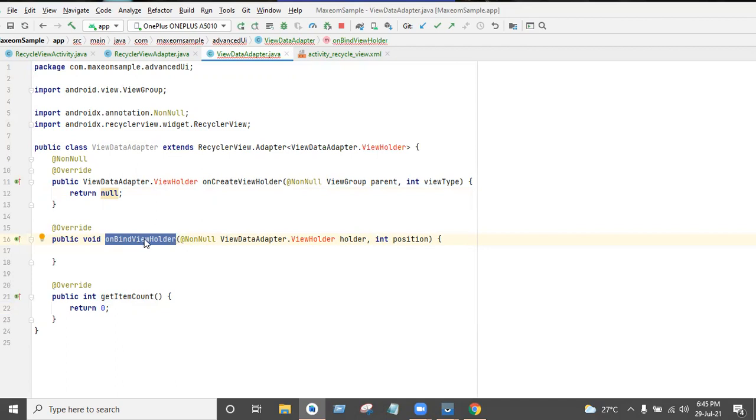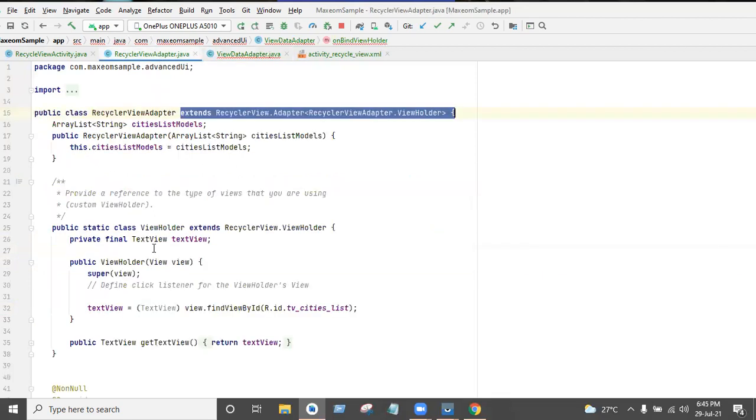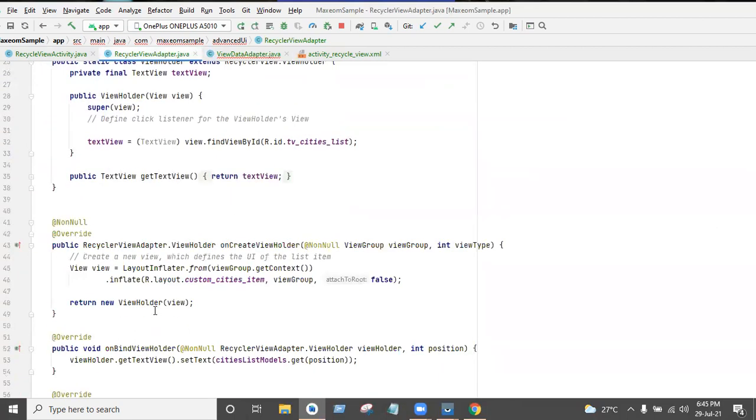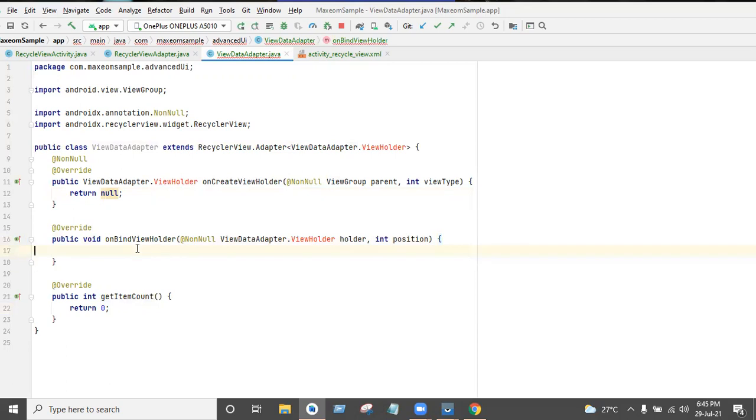The holder generally holds that view, and in that view we will set the data. I will explain how you will get the data and how you will set the data, but I'm telling you the purpose of this method: this method is used to set the data.